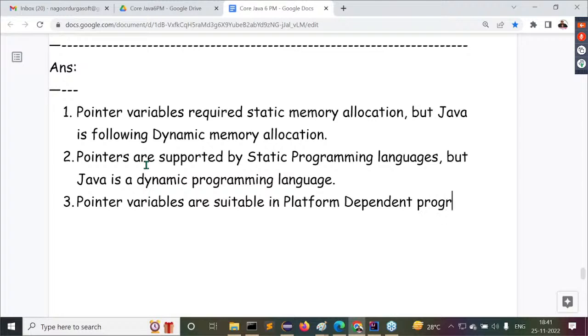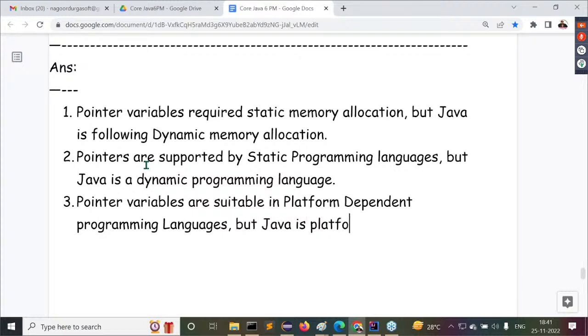Pointer variables are suitable in platform dependent programming languages. Guys, observe carefully. But what about Java here? Java is a platform independent programming language. That's the point I'm telling you. All of you are following these points clearly?